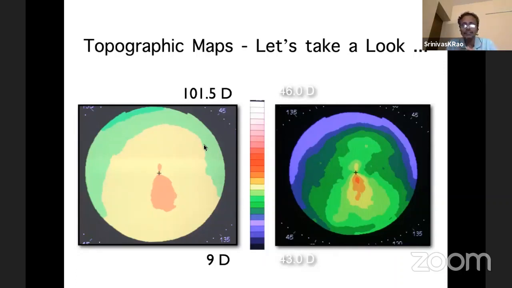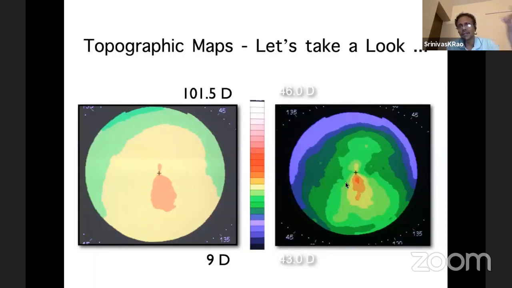You can see a nice uniform representation. Again, just like the instantaneous map, if you want more detail, you can use what is called the normalized scale, which is seen on the right side. So here the machine takes the lowest power of that particular cornea, which is 43 diopters. It takes the highest power of that cornea, which is 46 diopters, and uses this range of colors to go from 43 to 46. So you can see more colors on the map. You can see more detail on the map. But this will change each time you take a picture. This will keep changing. So you cannot compare images that are taken on the normalized scale.